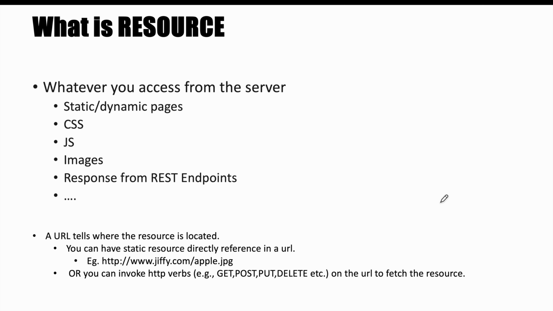What is a resource? Whatever you access from the server, be it static or dynamic pages, cascading style sheets, JavaScript, images, or responses from the REST endpoints. These are the resources which you fetch from the server. A URL tells you where the resource is located. For example, in this case, it's a static resource: apple.com, apple.jpg is the image which we are directly referencing